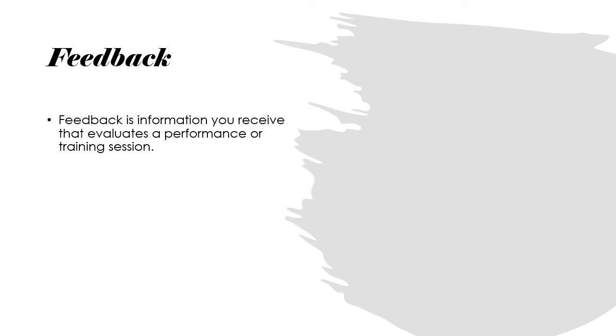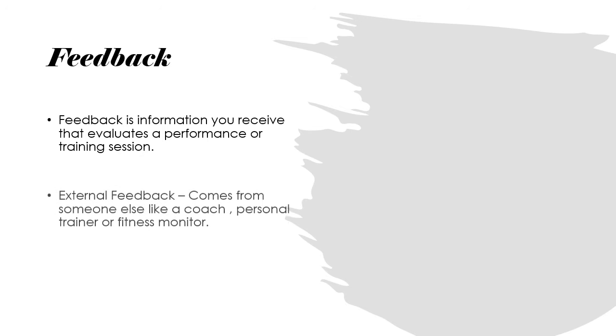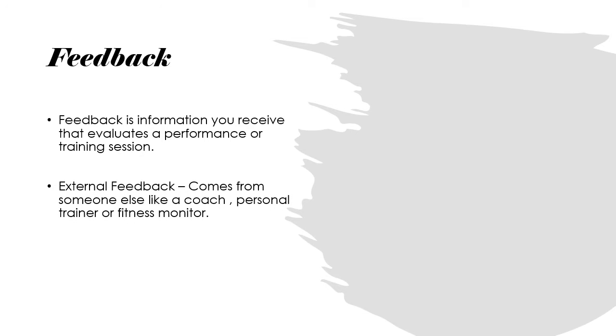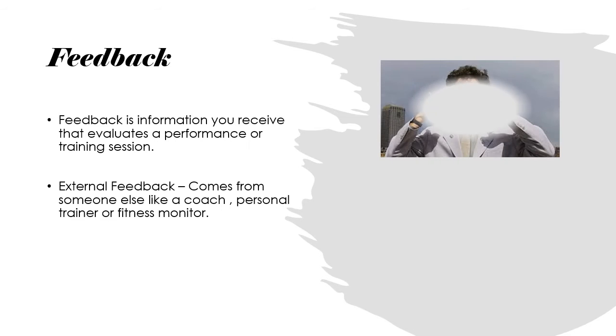So the first method of monitoring our development we're going to talk about is feedback. Feedback is information you receive that evaluates a performance or a training session. So it can come from an external source. External feedback is when it comes from someone else, like a coach, a personal trainer, or a fitness monitor even. So an electronic device like a Fitbit that measures your heart rate is giving you feedback on your training,